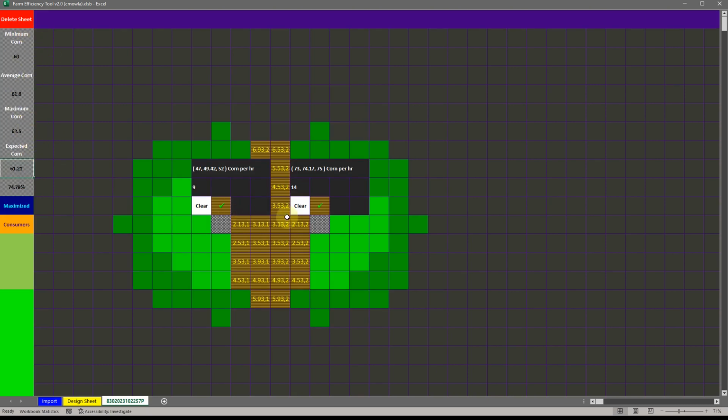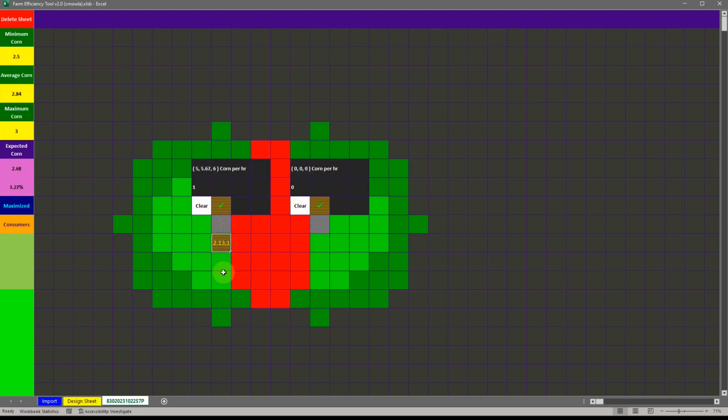Whenever you put at least one farm field on a red tile, so if I clear all these and put farm fields here, it wouldn't matter, right? It doesn't get cleared out because this is saying it's guaranteed to be accurate. As long as you put the farm fields on the green tiles, it's going to be accurate. But as soon as you put one on one of the red tiles, then all of a sudden the research